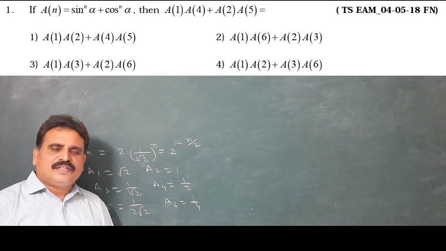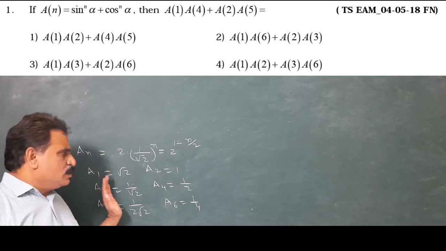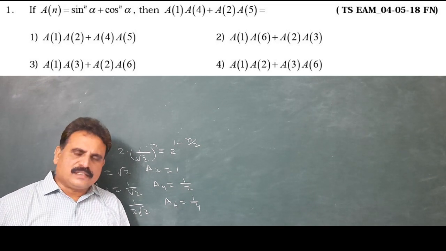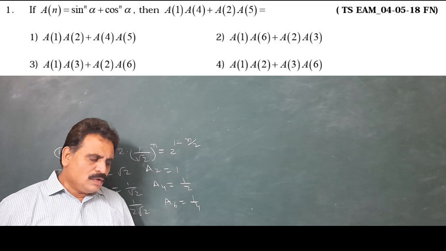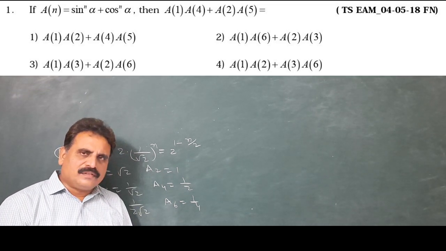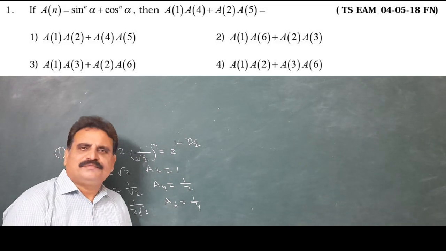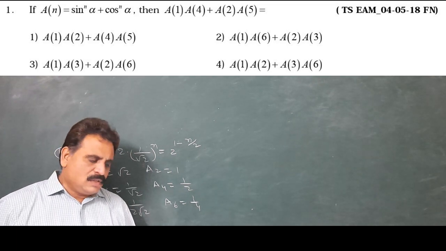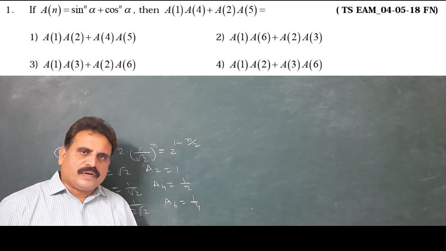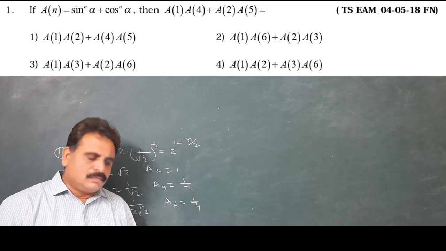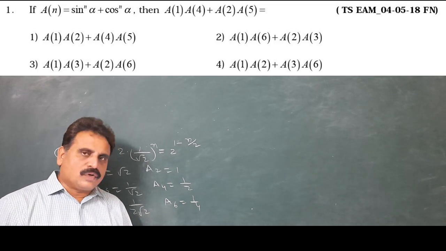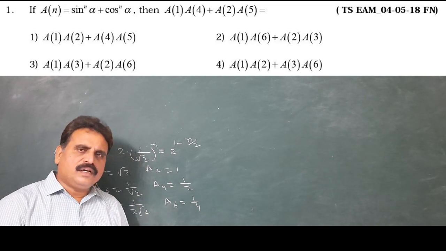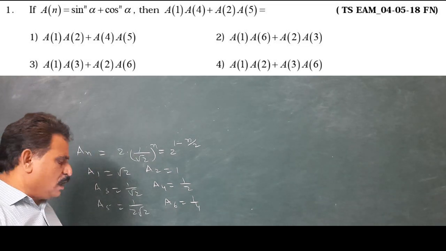In such cases, we need not check this one. Observe in the question: A1 and A4, the sum is 5; A2 and A5, the sum is 7; so 5 and 7. In which options is the sum 5 and 7? You check that. Simple logic. First option 3, 9, wrong. Second option 7, 5, maybe. Most probably that is it. Third 4, 8, wrong. Fourth one 3, 9, wrong. So the second option is the right answer. You can check the values. Second option is the right answer.